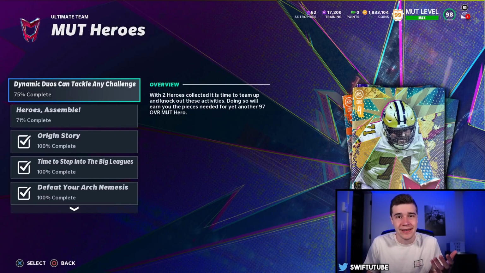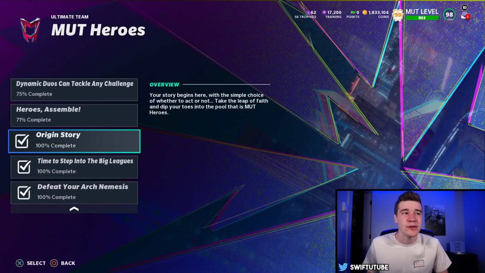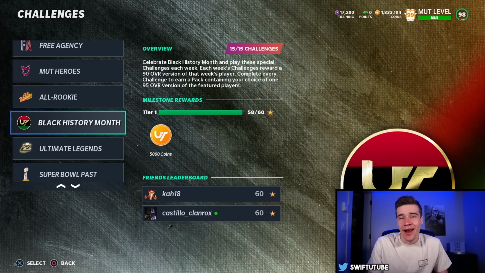That's my recommendation for these. And obviously over time, you're going to want to have all of them done, and you're going to get yourself 5 free 97 overall players, which is a whole ton of free coins. And now moving right along to the next tip right here,